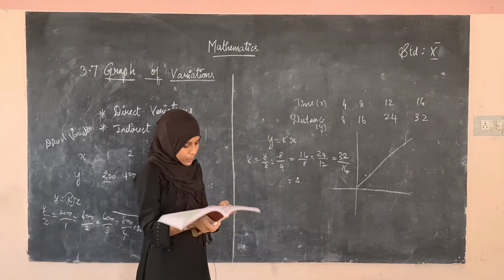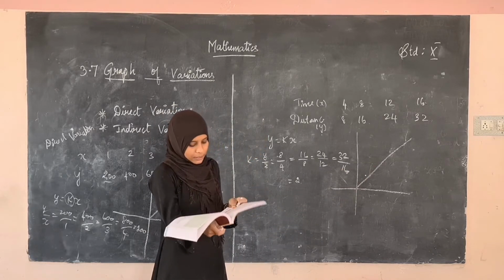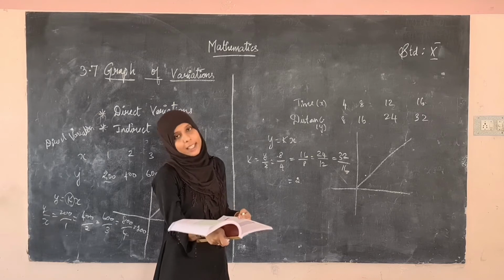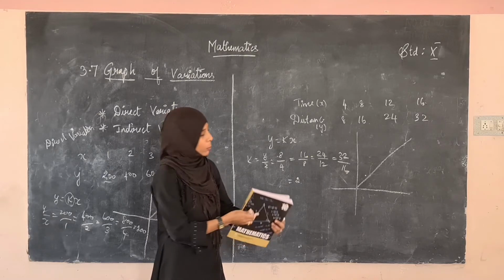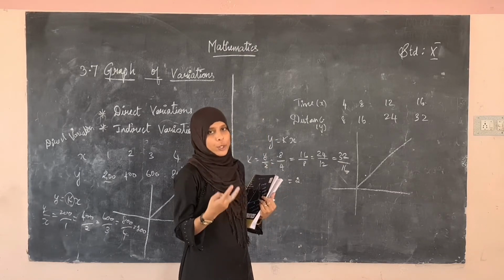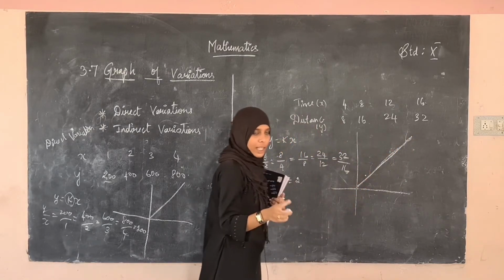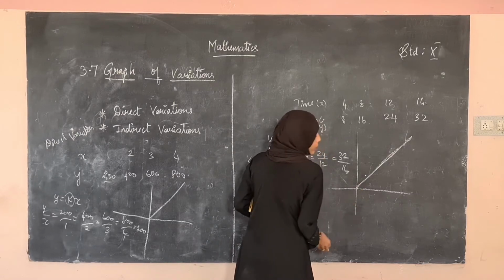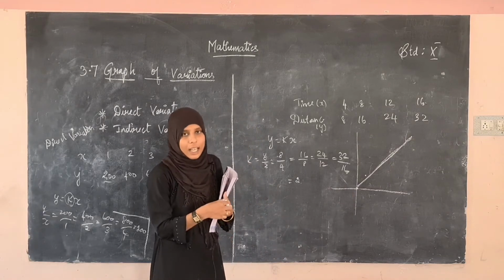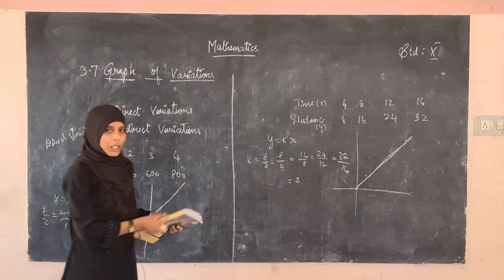See here, observe the graph. They have given 2 points. The graph is a straight line, and the line passes through the origin. When both of these features are present, we know that the two quantities of the graph must be directly proportional. We can say that direct variation is directly proportional. So the two main things for saying the graph is directly proportional, that is direct variation: the graph should be a straight line, and the graph should pass through the origin. Origin is 0, 0, right? The graph must pass through 0, 0. Then we can say that the graph is a direct variation and possesses the directly proportional property.